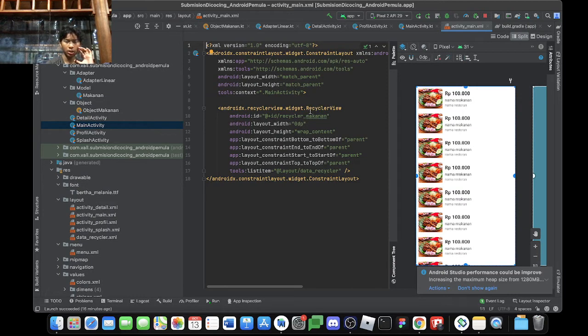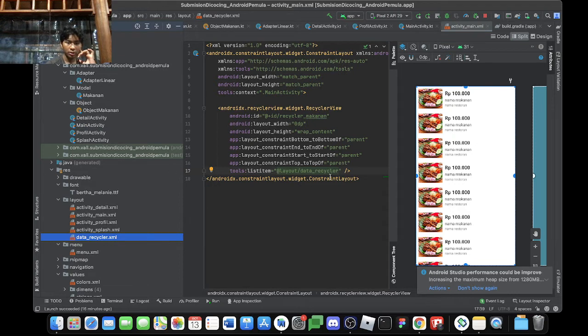Put a recycler view and list item. Add this code list item at layout slash data recycle is an item here, so it will recycle the item like this, but after we run it, it will be a different data.